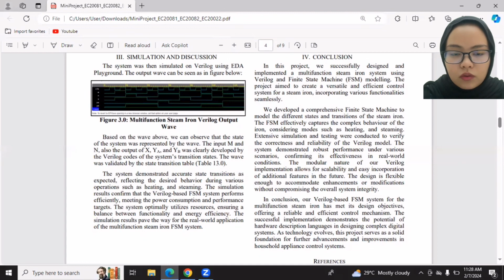As for the conclusion, we aim to create a versatile and efficient control system for the steam iron, integrating various functionalities. We developed a comprehensive FSM to model different states and transitions, including heating and steaming modes. We conducted extensive simulation and testing to ensure the reliability of the Verilog model. The system exhibited robust performance under various scenarios,